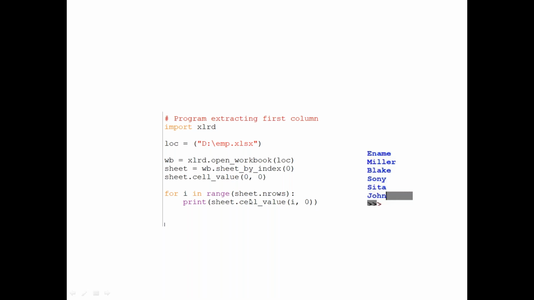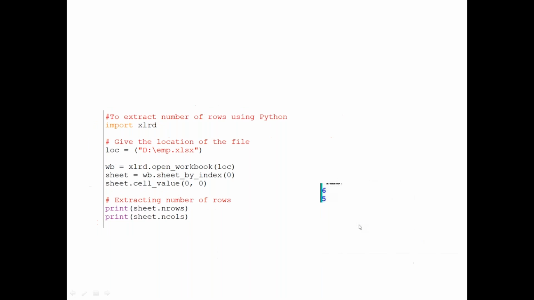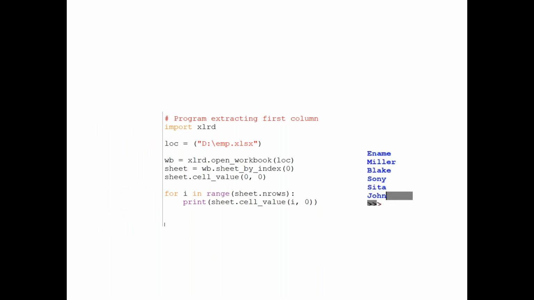For i in range of nrows, the number of rows. Now sheet.cell_value(i, 0). So i is going to be 0 and column is going to be 0, so it is going to take ENAME as the first one, nothing but the heading. And the second iteration, 1 comma 0, is nothing but Miller. You can see here, and so on.